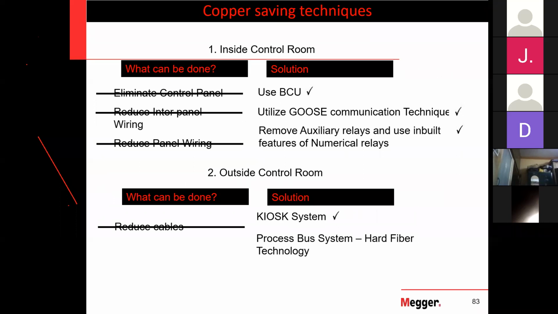Okay, so what we spoke about is also not the latest technology. This is widely implemented since 2007 in many parts of India. Any 400 kV or 765 kV station of Power Grid, if you enter, it will be a kiosk arrangement only. But after implementation, even the kiosk arrangement had problems. So to overcome that problem, the concept of digital substation and smart substations came into picture. Now let us see what is the problem of the kiosk system.